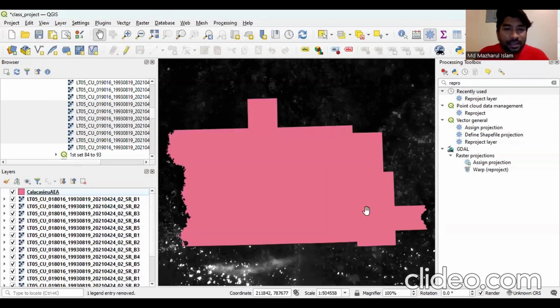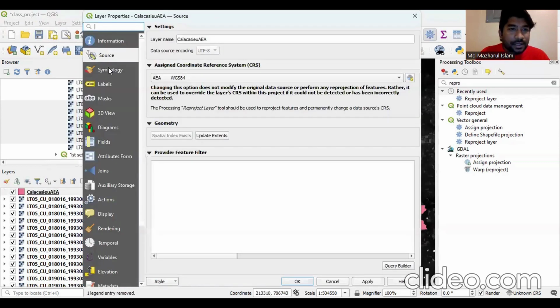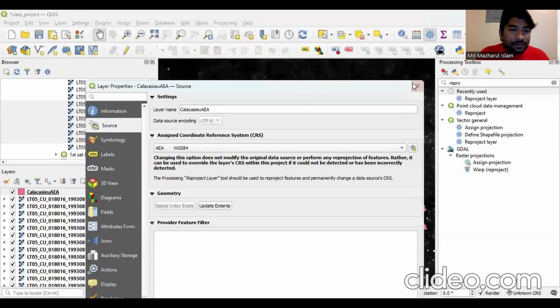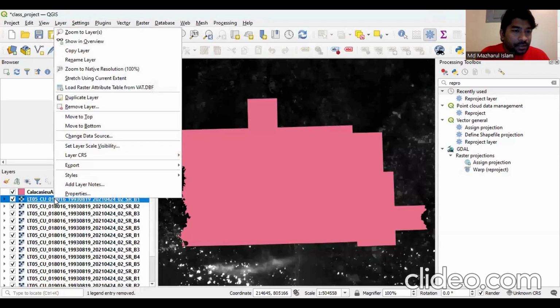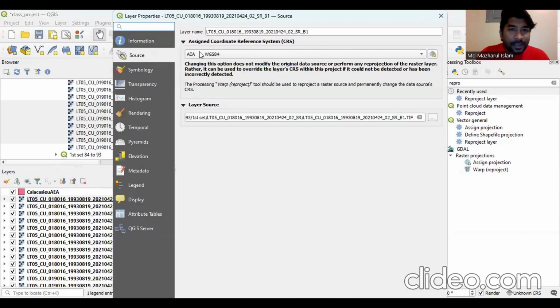Now you can see the whole area, and you can see in the properties that the source is Albers equal area, which is our target layer. You can see our band is also in the Albers equal area. So now we have to